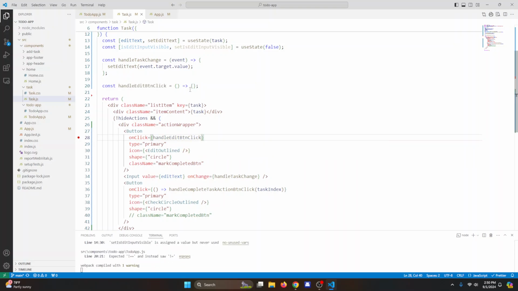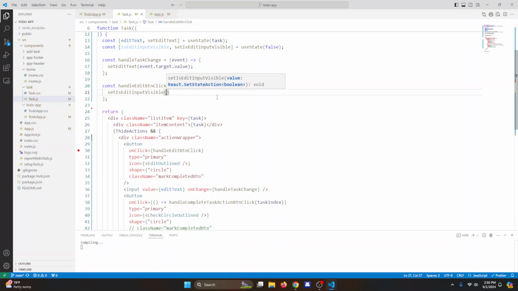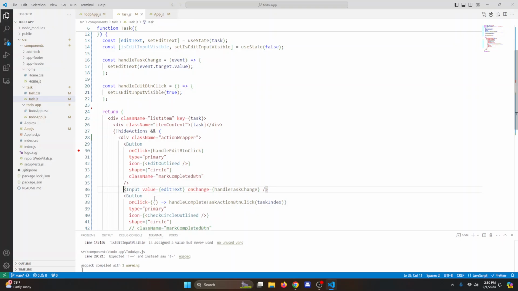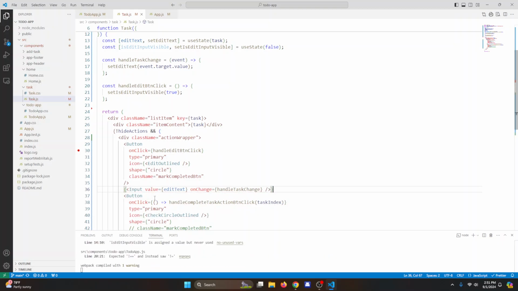So on this click we will be calling this, and what this will do is set isEditInputVisible to true, which means we want to make this input visible. And for that, one more thing we need to do is use these small braces,